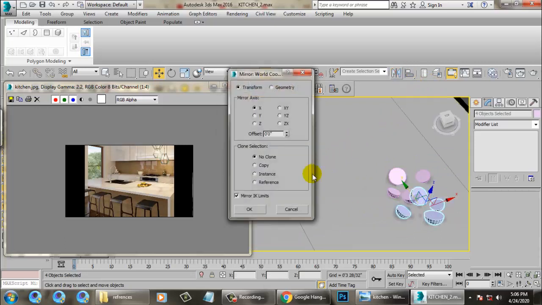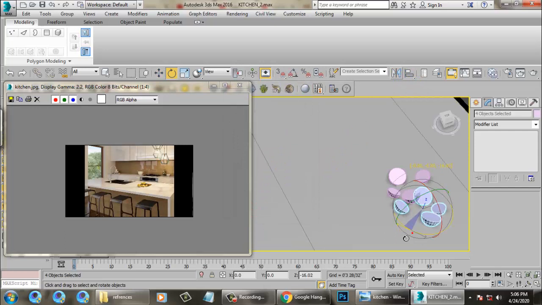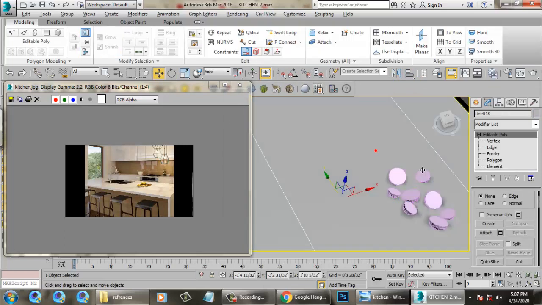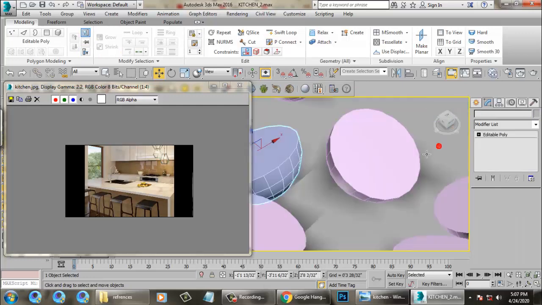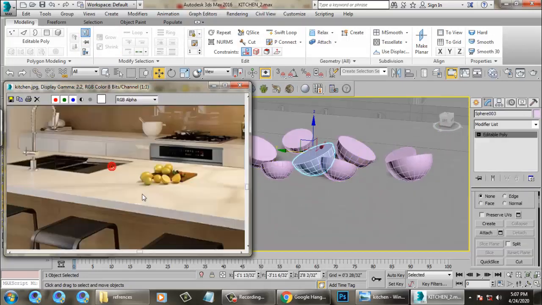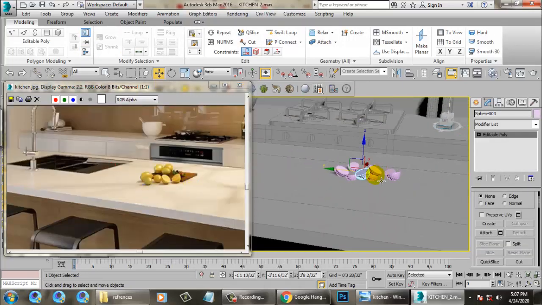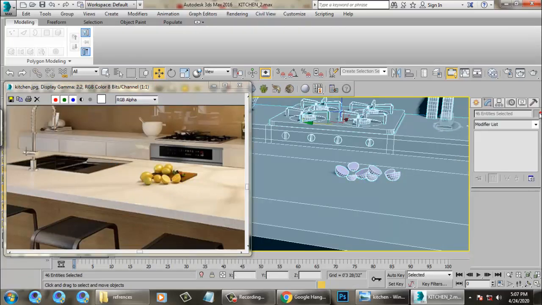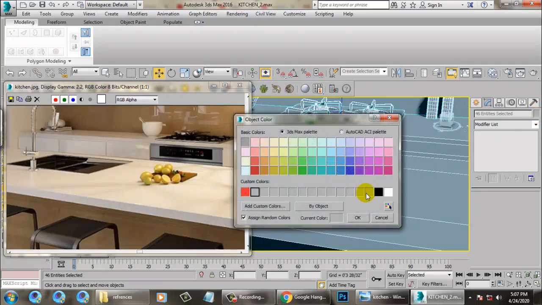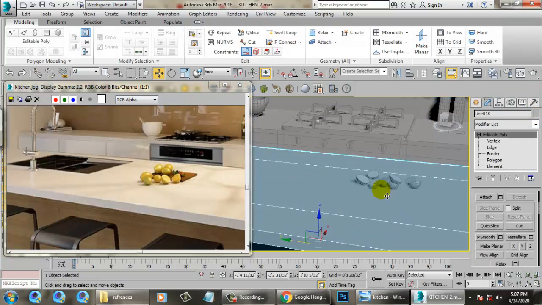Let's mirror it over here, rotate it, and push it over here. That's it. You can just keep it as it is. We'll give a lemon texture afterwards.